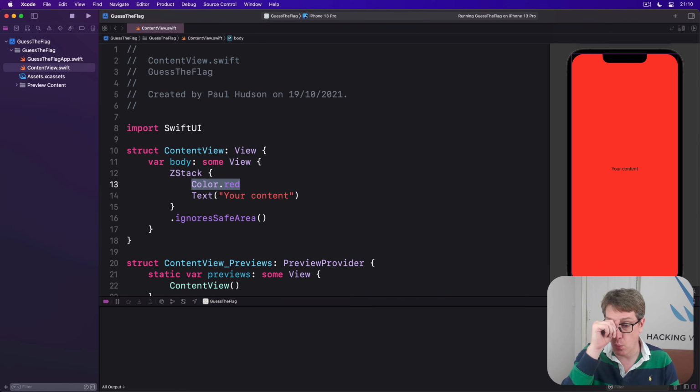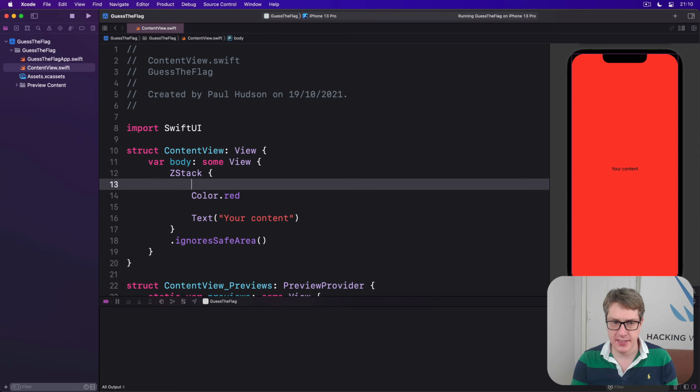Before we're done, there is one more thing I want to mention. As well as fixed colors like red, green, blue, plus semantic colors like primary and secondary, there are also materials we can use. And these apply a sort of frosted glass effect over whatever comes below them, which allows us to create some really beautiful depth effects. Now to see this in action, we're going to build up our Z stack a little bit so it has two colors inside of our